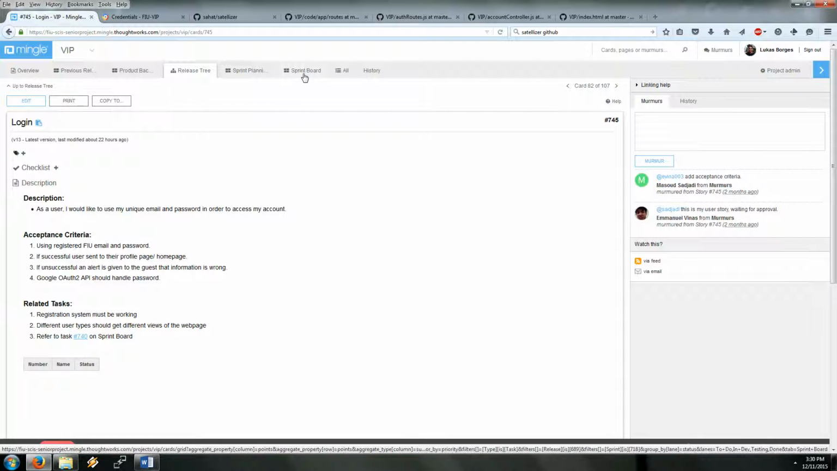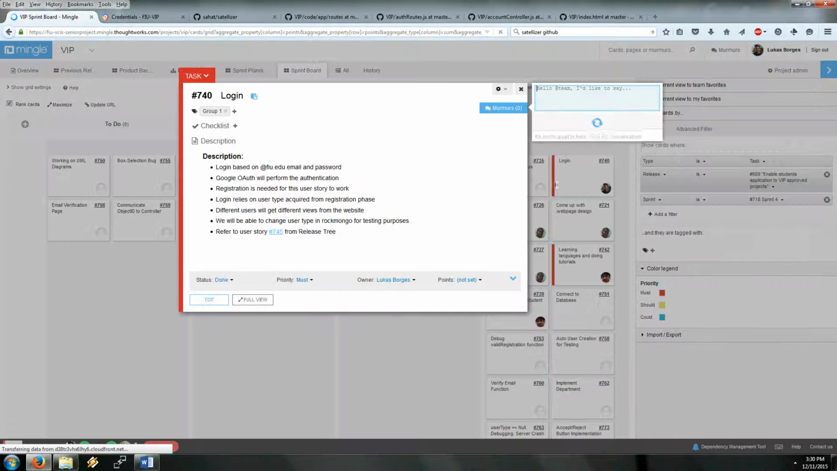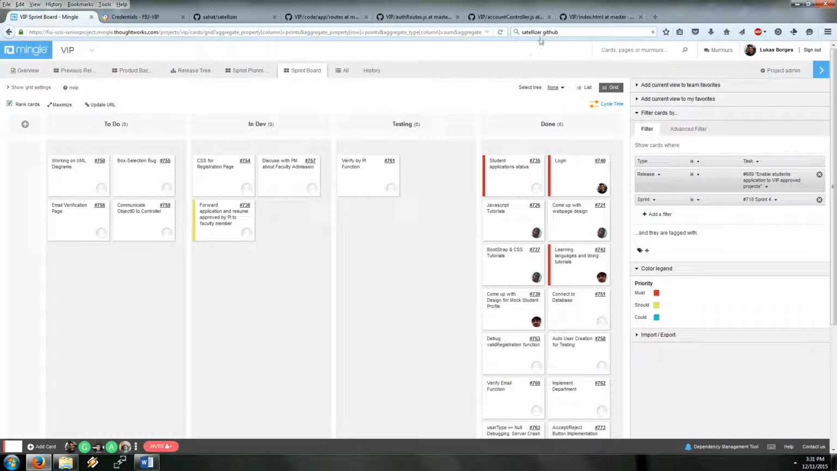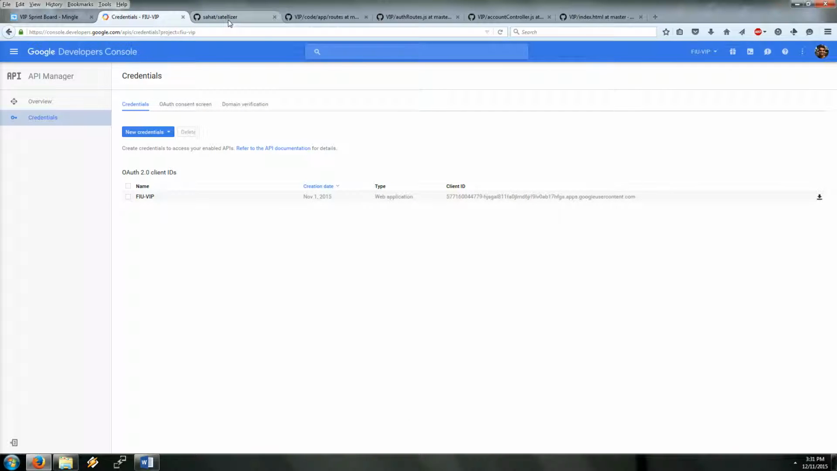And if we go to the sprint board, it's already considered done. There's a few shortcomings that I still have to update in the backlog, but the application works. The user story works. So if we go to GitHub, the way that I figured it out after registering with Google, I found out